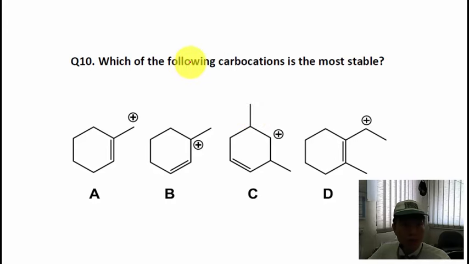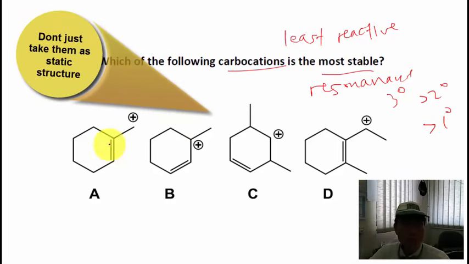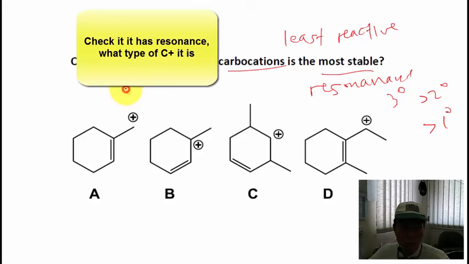Number 10. Which of the following carbocations is the most stable? Again, I translate. Most stable means least reactive. And of course for a carbocation I want resonance if possible, and I try to have tertiary better than secondary better than primary. Keep this in mind. When we give you these structures, please don't take them at face value as static. They're always transforming, because if you have resonance structures, they will switch like a ninja, remember? So for A, you may think, oh, it's primary, it's bad. Never mind, first we put down primary. But when we draw a resonance structure, we get